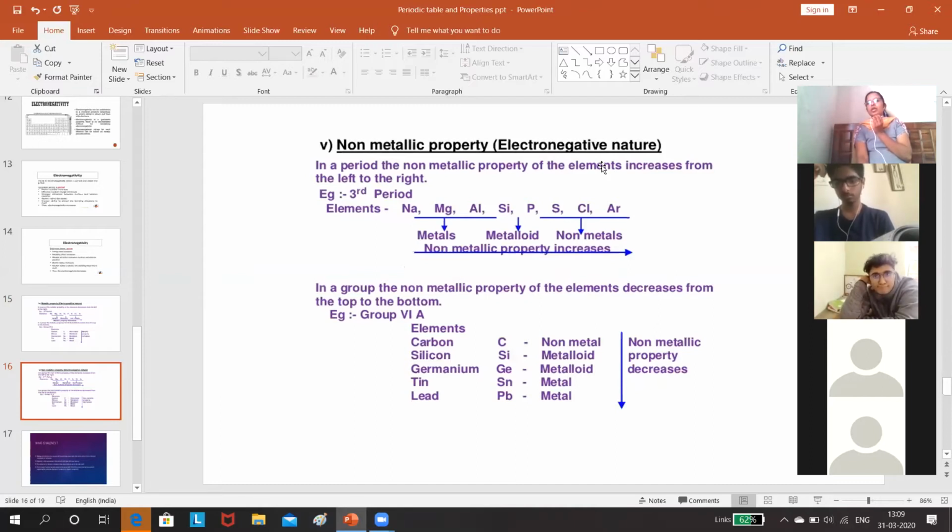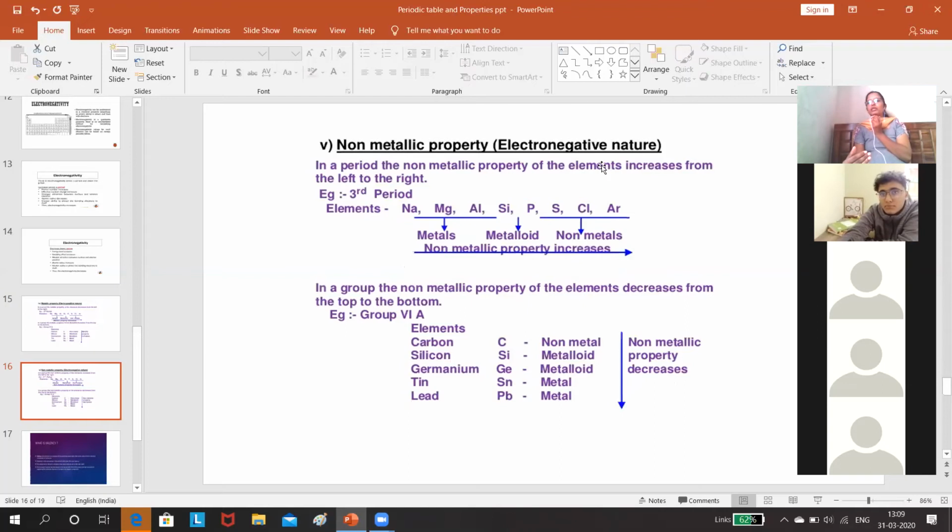If nuclear charge is more, nuclear charge meaning the attraction of the nucleus towards electron, the electronegative nature will be more. So across a period, nuclear charge is increasing. Therefore,